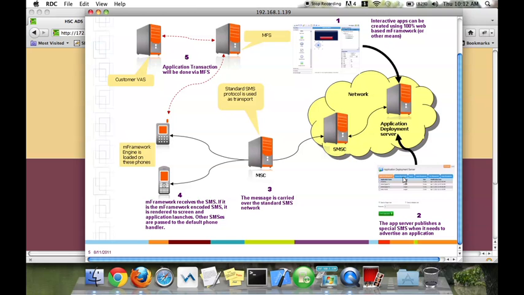So this is the role of the application deployment server in the current solution. The third component, which is the most important component of this solution, is the mFramework engine. Now this engine is deployed on the handsets. On these handsets, it is important that before you deploy any application on the handset, the engine is pre-deployed